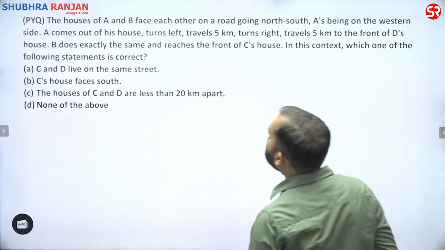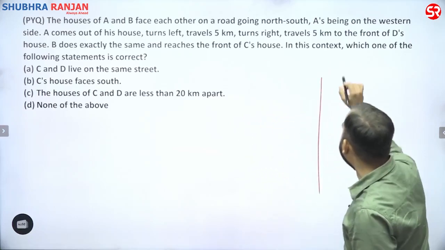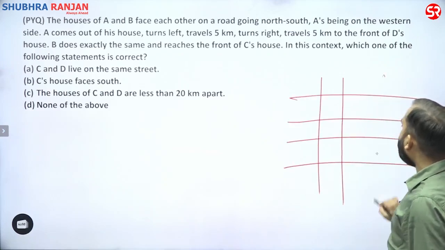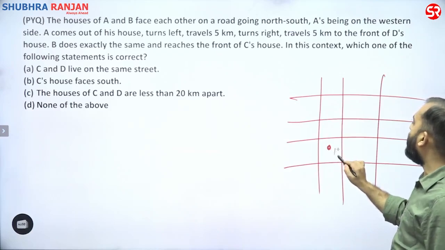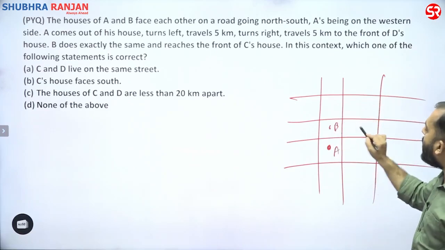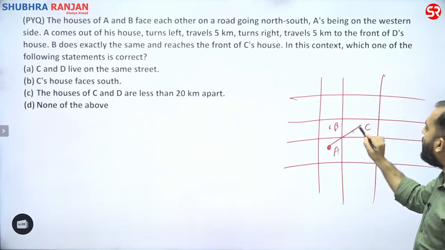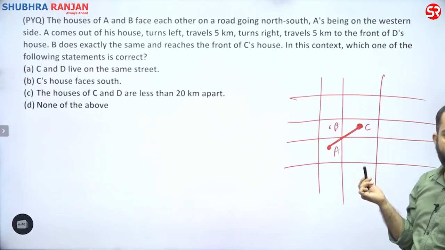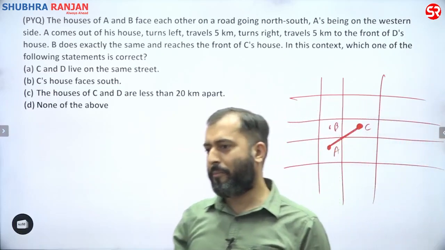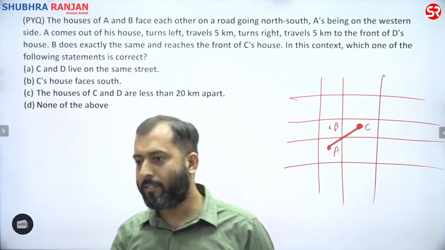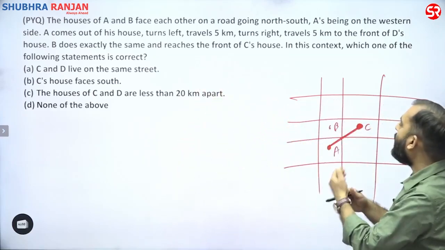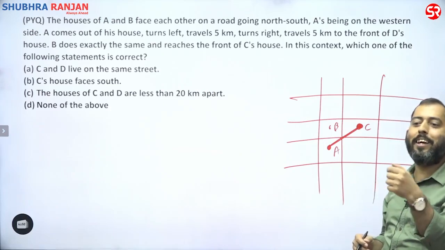See, whenever we talk about streets, so these are streets, right? Now let's say this is person A, this is person B, so they are living in the same street. If person A is over here and person C is over here, then I cannot say they are living in the same street, isn't it? If they are living diagonally, see, I'm just giving you an example of when I will say they live in the same street and when they do not live in the same street.